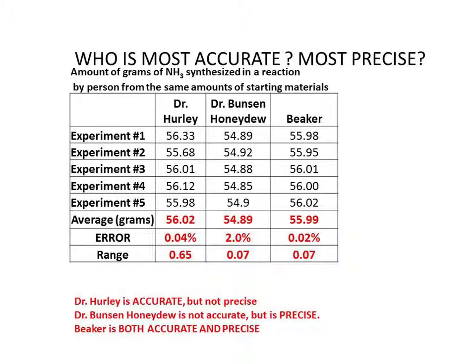Dr. Bunsen-Honeydew, the error here based on the mean compared to the accepted value is 2%. We already know that that's much greater than 0.1%. So that means that Dr. Bunsen-Honeydew is not accurate. However, the range of his data is quite narrow, 0.07 grams, and therefore he is precise. And then Beaker has not only a very low error and a mean that's very close to the accepted value, but his range is also quite low too, and therefore Beaker is both precise